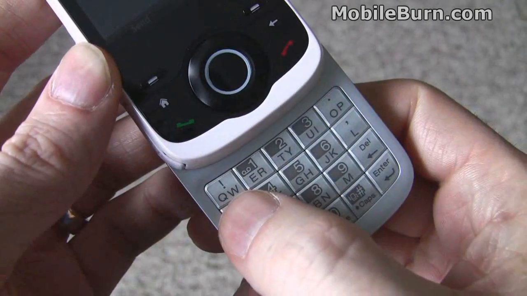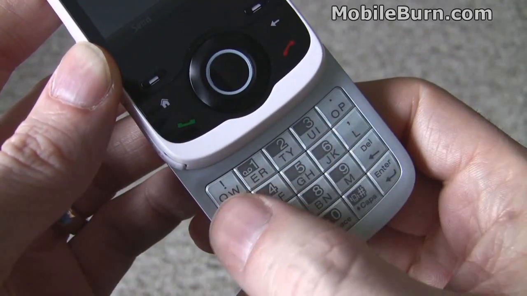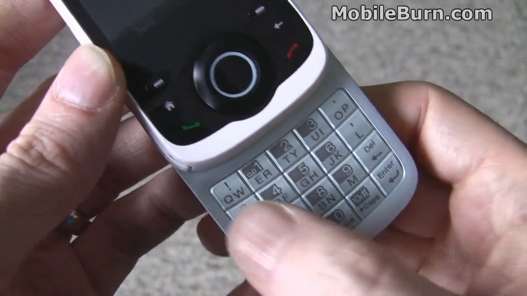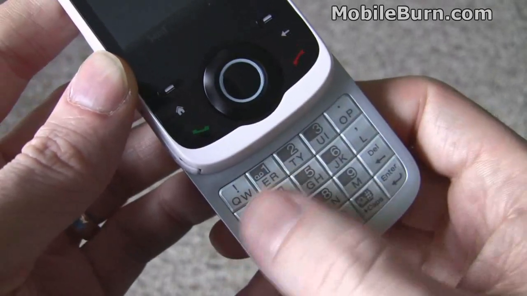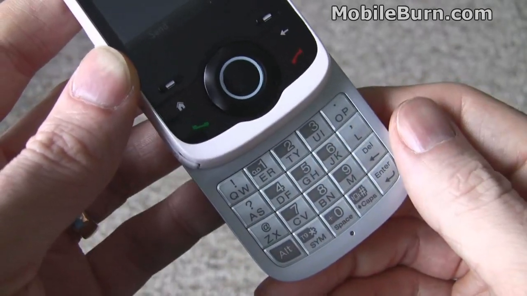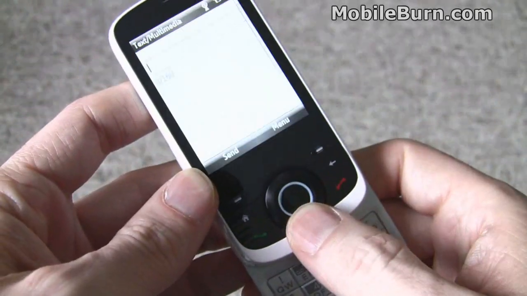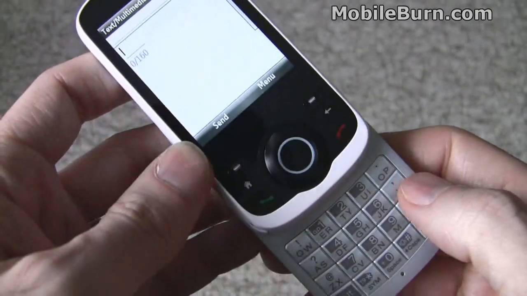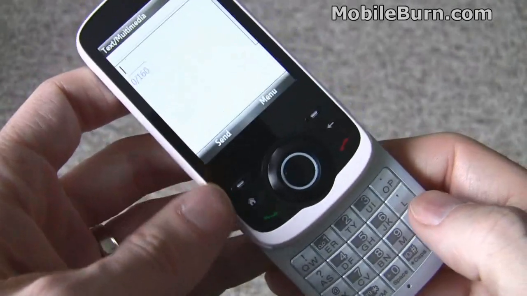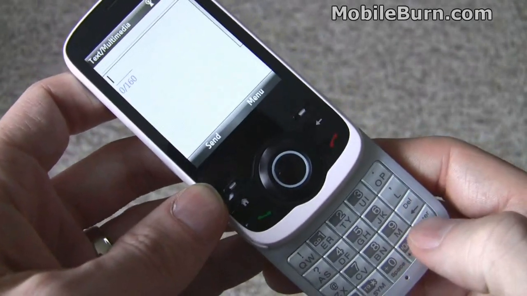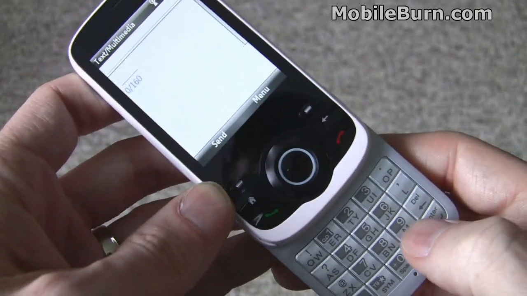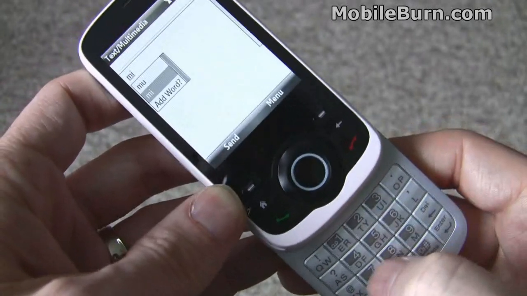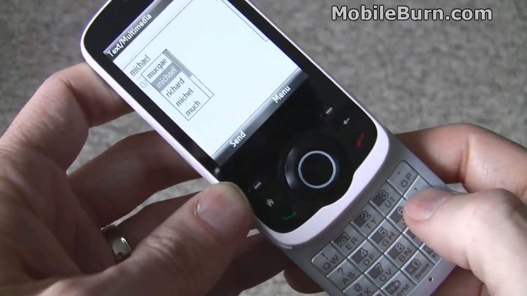You can see in general there are 2 letters per key, and that a regular QWERTY layout is used. So it's like your normal keyboard, it just doesn't have a dedicated key per letter. Move here and we'll do some text input. Right now T9 is enabled, so that I only have to press 1 button per letter. So I can go Michael, M-I-C-H-A-E-L,